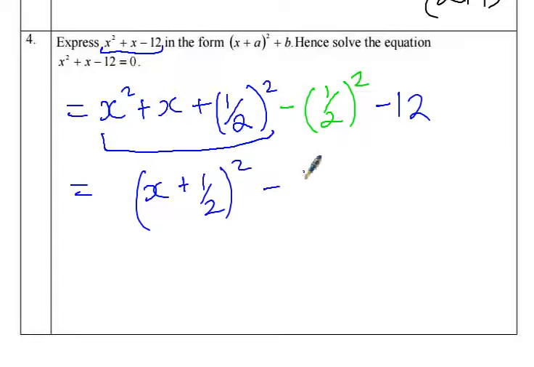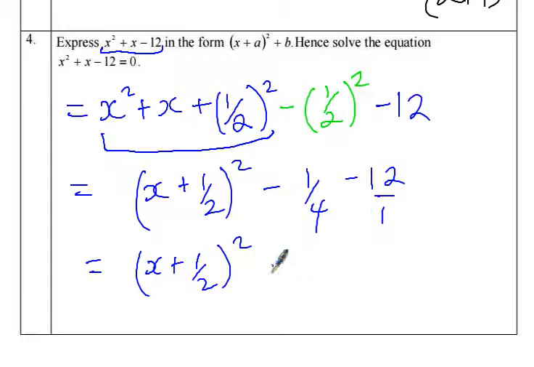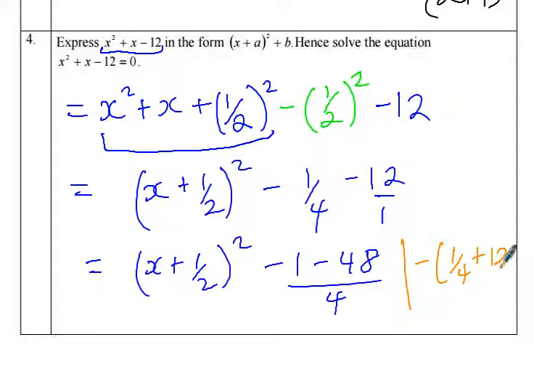I have minus 1 out of 4 minus 12. Now we need to work on this. This is out of 1, so we have x plus a half squared. Then since this is 1, I need to have minus 1 minus 48 out of 4. Notice that when I do this, I get this. When I do this, I get back my minus 12 here. We need to be a little bit careful with this step here. You see I'm maintaining minus minus. Since we have two minus signs, if I'm to put brackets and I put the minus outside, then inside I'll write a quarter plus 12. Okay, so when you open brackets here, after adding these two, you'll be able to get my nice step here,